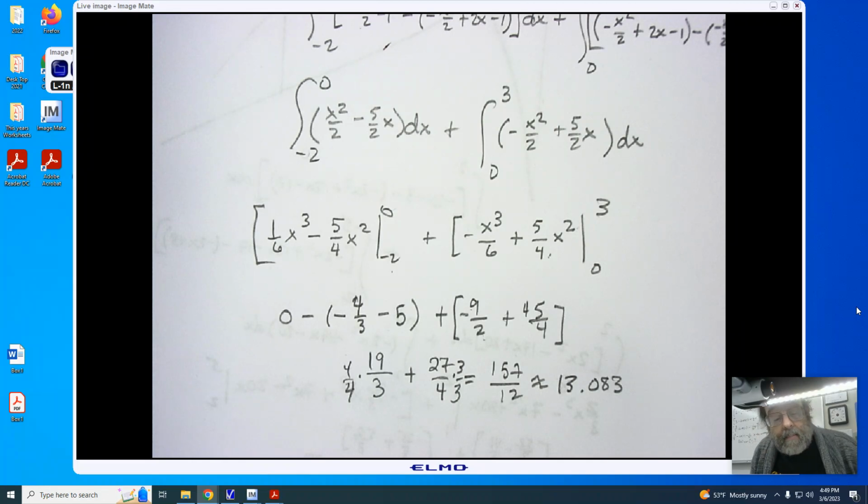Okay? That is our worksheet, horizontal representative rectangles number 1, which we started in class today, and hopefully this has